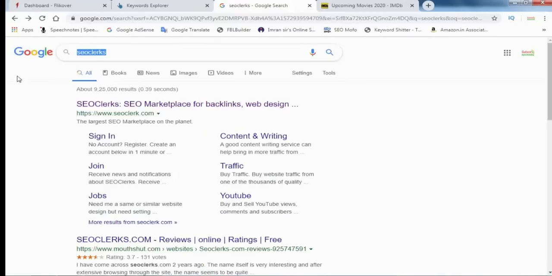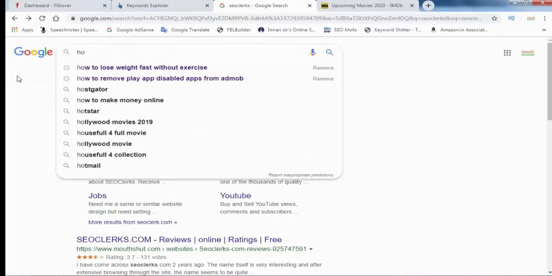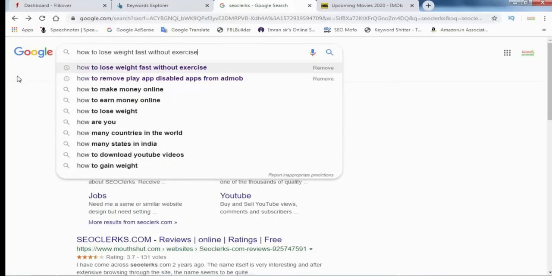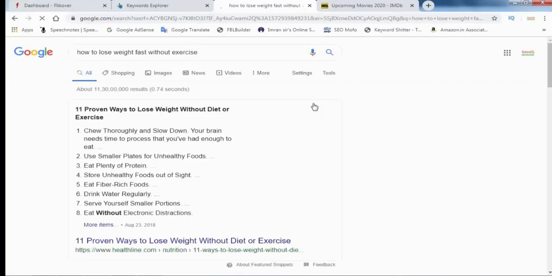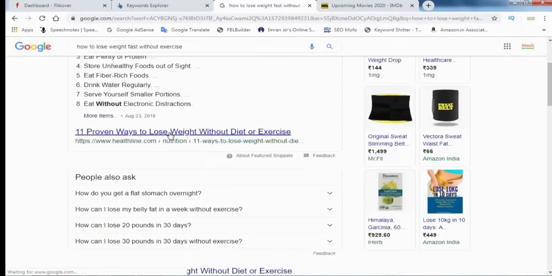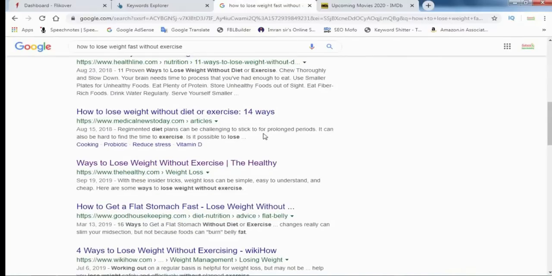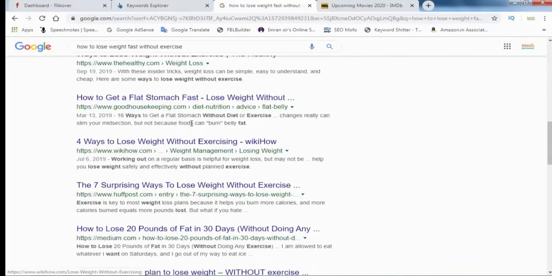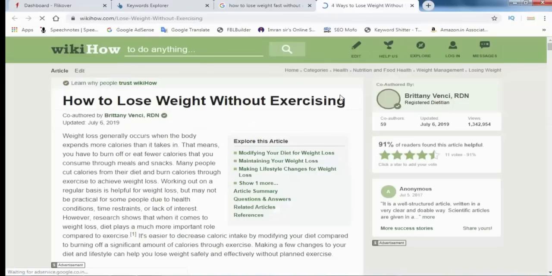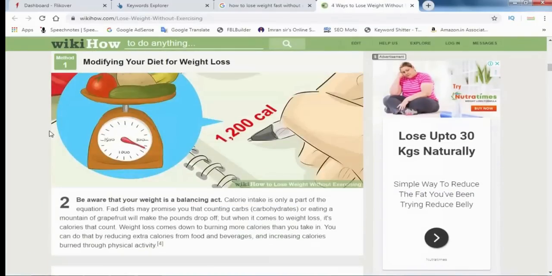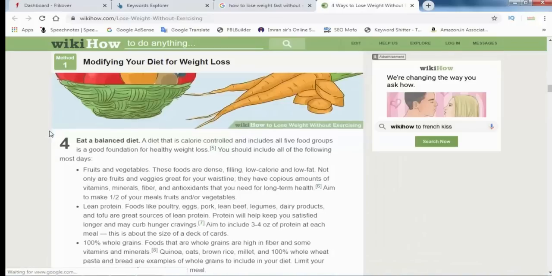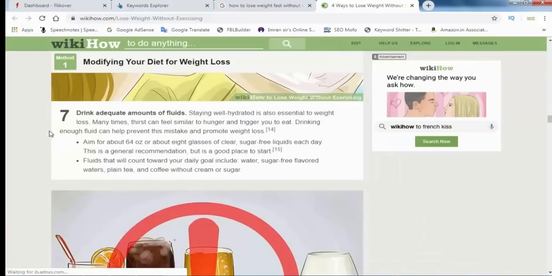For example, here I search for how to lose weight. I write this keyword, and I will check some websites. Here people are building backlinks from this website. For example, this website has an article, and you need to check the comment section.